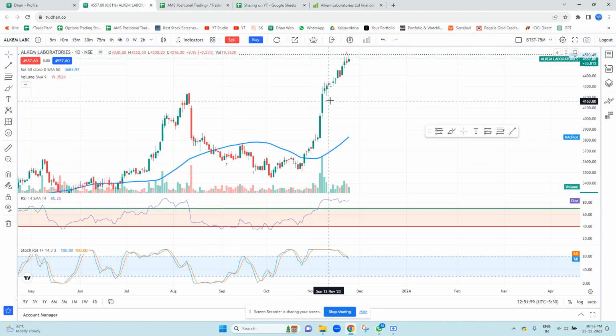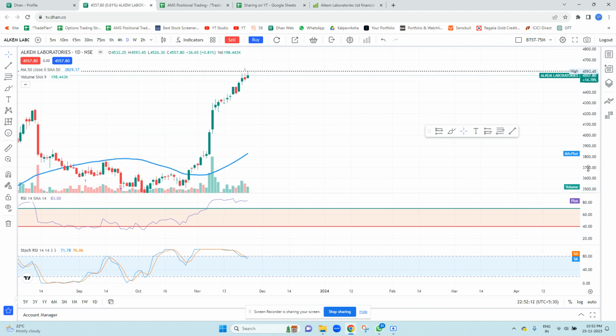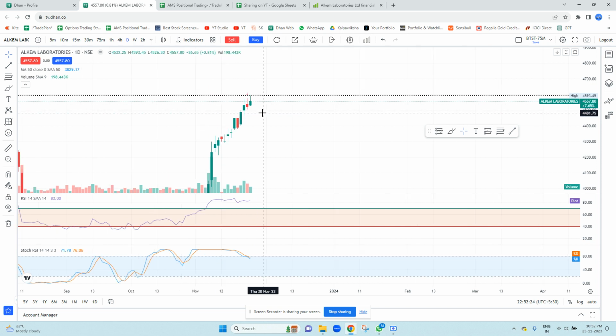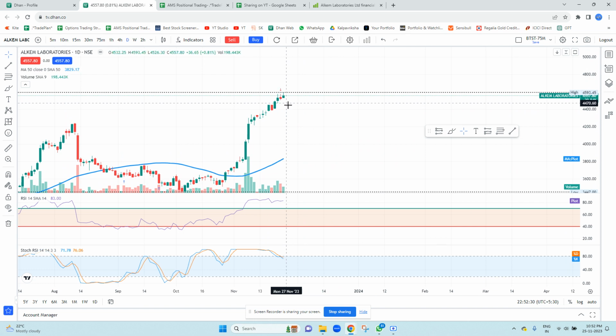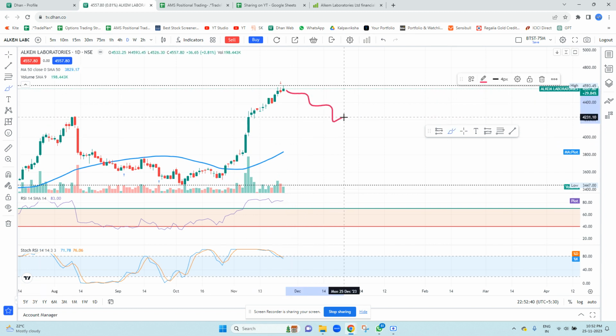Okay, so in my case, I saw this, and here it formed a doji. When we see the tug of war between buyers and sellers, it is in a downtrend, though it shows green, but the buyers were not in good form. The sellers took over. So I thought it can be the beginning of the downtrend. Even it can go up, I'm not denying. My guess is that it's going to come down in future, and supporting this analysis